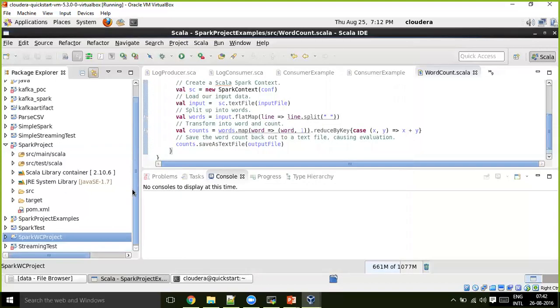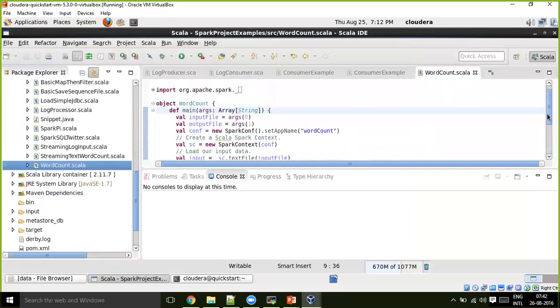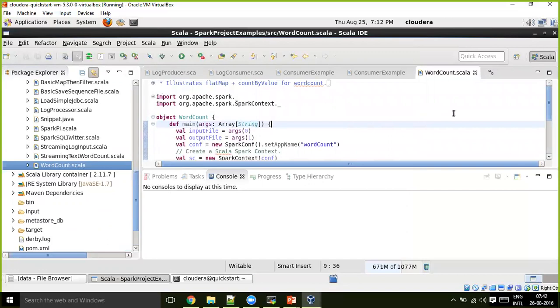Okay. Now, inside this, what I will do is take this word count Scala program, and it's a simple one only. So if you don't understand some of the statements or some of the lines of Spark code, for now it's fine.